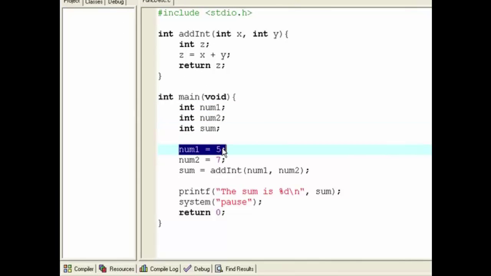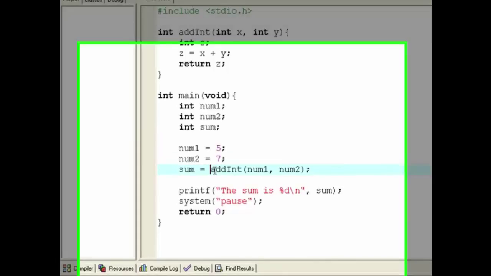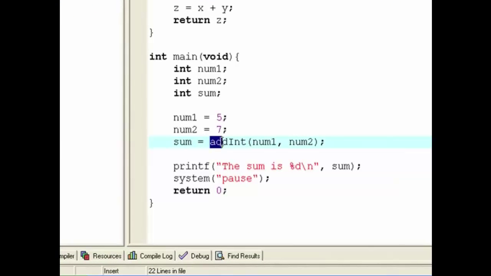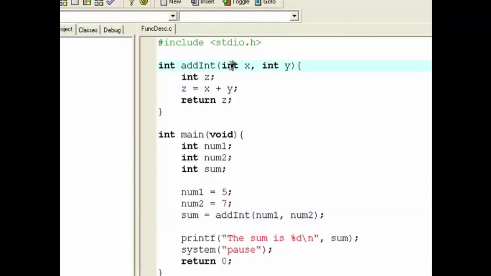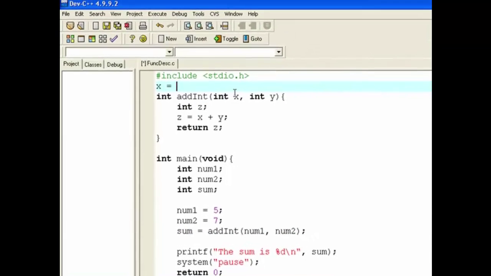We'll then assign values to the first 2 integers, num1 and num2. Then we will, and you always do what's on the right hand side of the equals first, or the assignment operator, call the add integer function, and we pass it num1 and num2. Now num1 is a value of 5 in this case, and num2 is a value of 7. They get passed to here, and in effect it's like saying x is assigned